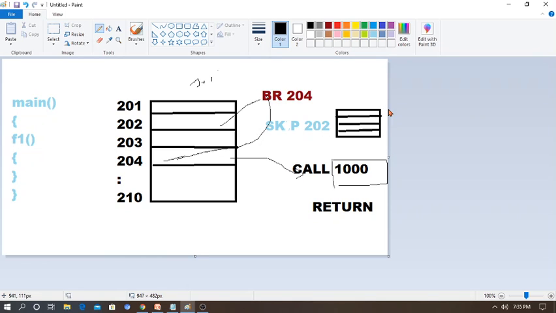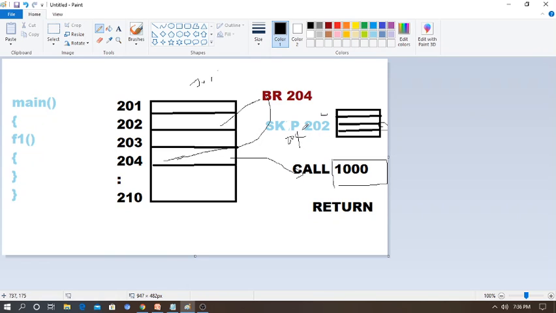Assume that here I am giving skip, mnemonic is escape, so escape 20 means what? Here it will execute 200, 201 and 202 also. After 202, what is the next instruction? 203. It won't take 203. It skips 203 and moves to 204. So skip is the one where it also skips the next instruction.